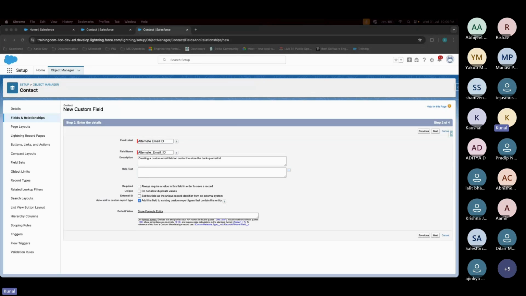If this was maybe the employee ID I was creating, then making it required would have been good, right? You should make it required कि employee ID देना पड़ेगा, right? Alternate email ID नहीं भी हो सकता, so I won't make it required. Secondly, for unique,